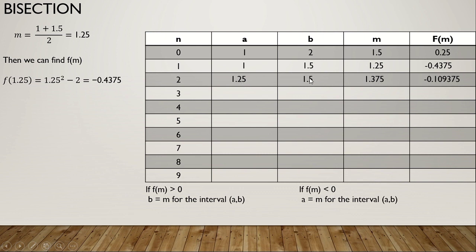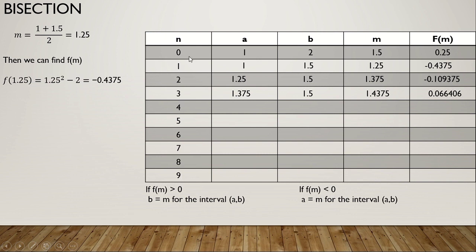And then when you add these two together and divide by 2, finding the midpoint, you get 1.375. And then when you find f of 1.375, you get a negative. And then so on and so forth. So you just keep on doing the same things, minding this rule that's there, following the midpoint theory. So basically here we're just looking at midpoint, f of m, midpoint, f of m. And this midpoint is where we actually get our approximate value